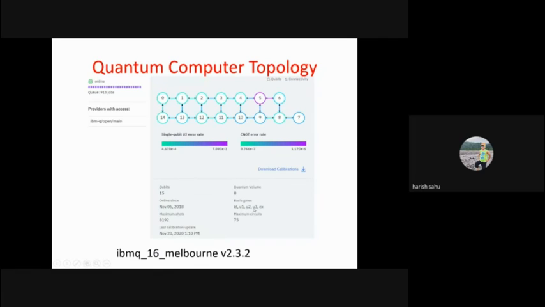Basically, U1, U2, U3 are rotations around the X, Y, and Z axes, and CX is our controlled-NOT gate. Whatever your quantum circuit is, it will convert that circuit into these basic gates to run on this device. Maybe you are implementing your circuit using Hadamard and other gates, and this computer will break those operations down into its native operations: ID, U1, U2, U3, and CX.